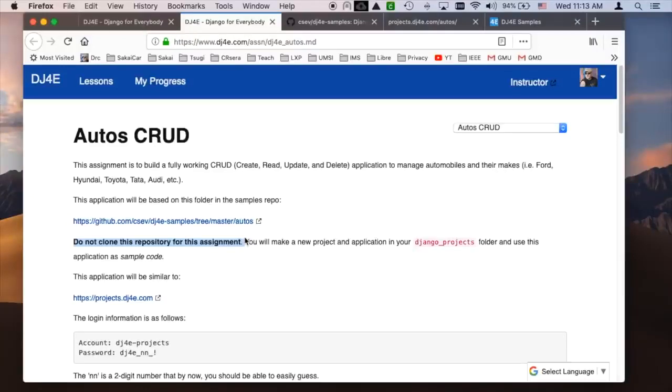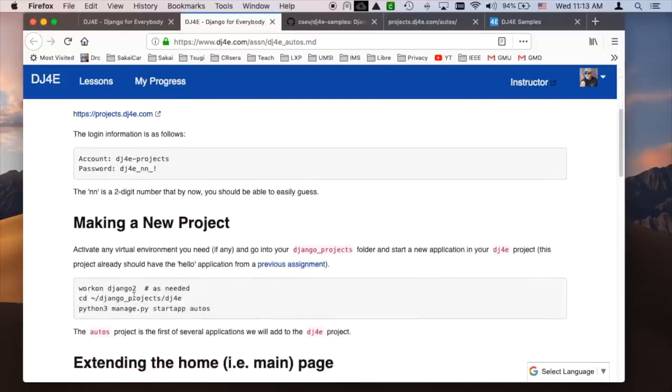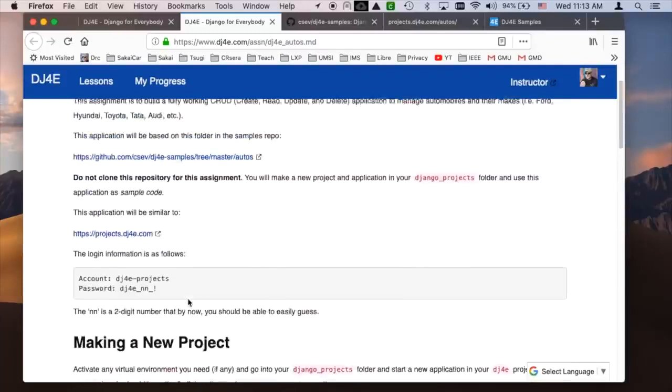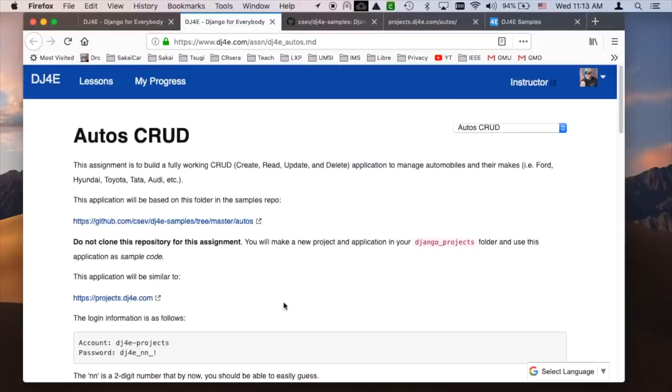Now we're going to extend that application, and that's why you already have this DJ for E projects wherever it is, okay? This assignment is to evolve that using the sample code. But what I'm really going to do is walk through the sample code, because there are new concepts in this sample code. So this is more of a lecture about the sample code than exactly how to do the assignment. But importantly, you need to understand every single line, because literally